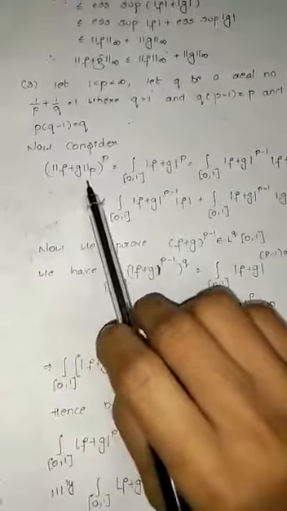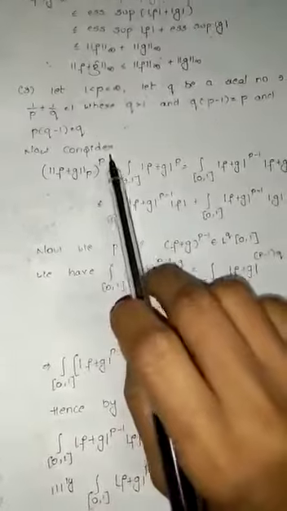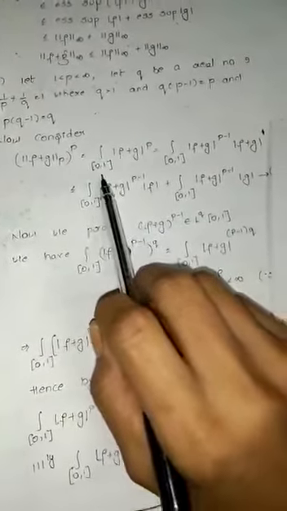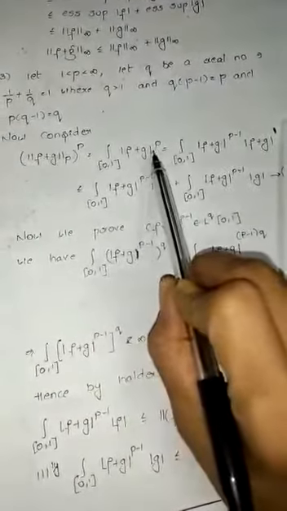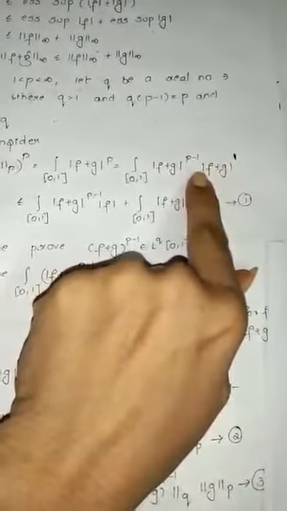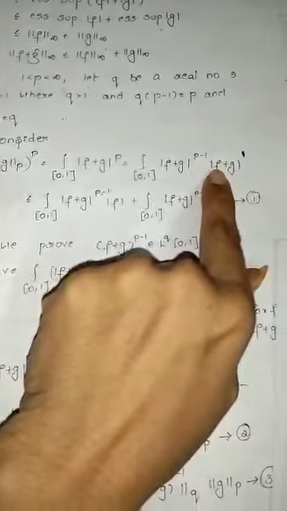So now you consider norm f plus g over p, because you are talking about your L^p space. By definition again this is nothing but the integral of mod f plus g to the power p over the closed interval 0, 1, because that is the domain. Now here what we have done is we are splitting this p into two parts. So p, we all know, can be written as p minus 1 plus 1, girls. So mod f plus g to the power p can be written as mod f plus g to the power p minus 1 into mod f plus g to the power 1. Now again this is mod f plus g, girls. This mod f plus g we all know can be written as less than or equal to mod f plus mod g, where the power is again 1.